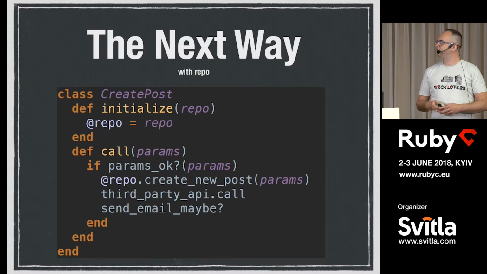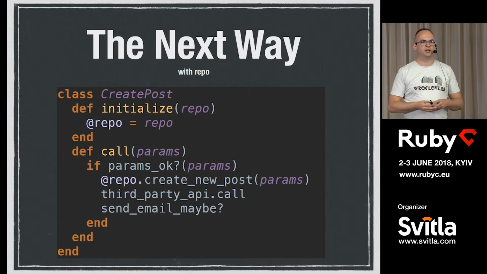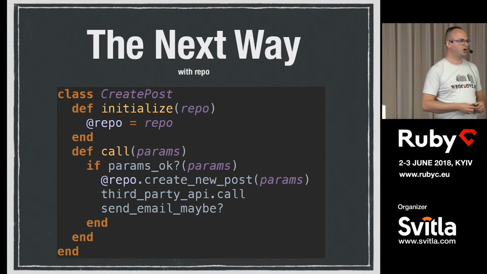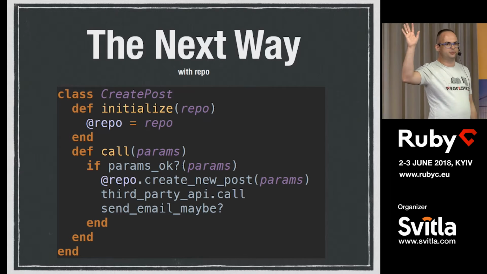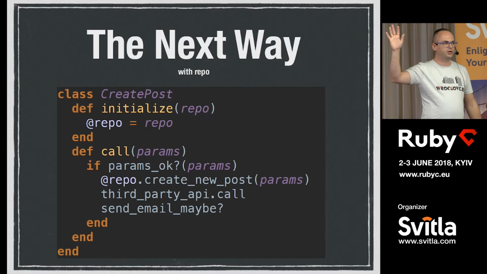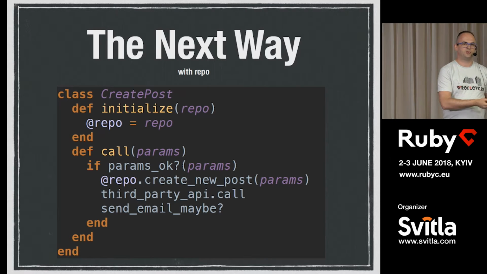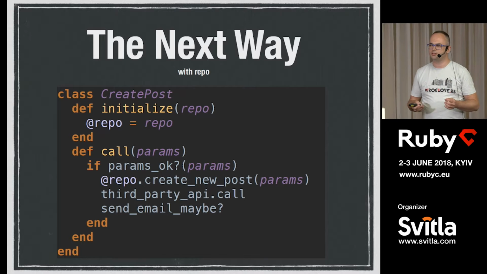Then there is the next incarnation of the next way. You have service objects, but you now also have the idea of a repository. How many of you use some kind of repository pattern? Okay, not bad. So while the service objects were a solution to a problem in Rails applications, that